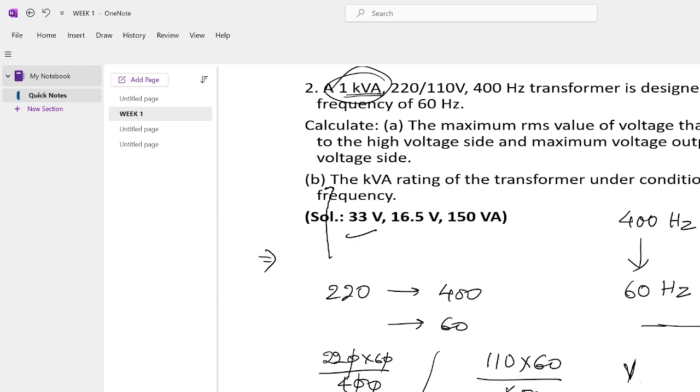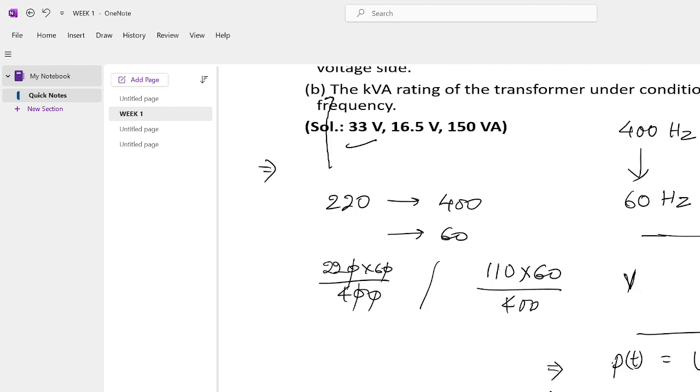When you take power in terms of phasors, you will multiply V into I. Actually, we need to get the angle between V and I. Let us call it phi, so that is 90 degree. So if I take the conjugate,